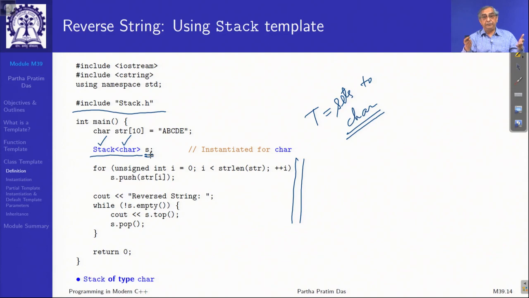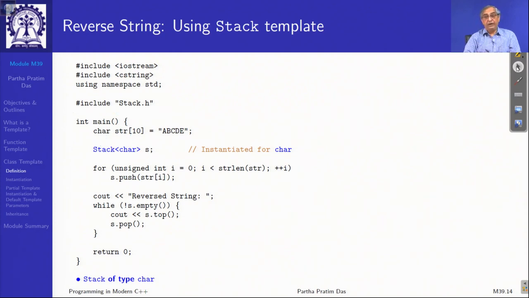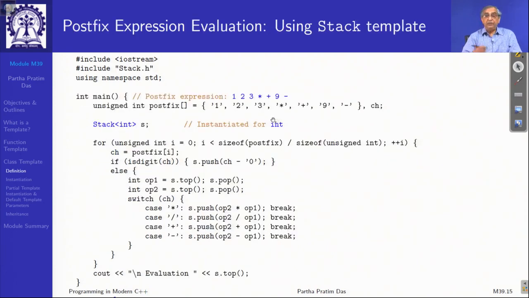The same code that would have happened if I had explicitly written a stack of character, I am writing the same code as an application. So, this makes it really convenient to reuse the stack template code. In a different context, I am instantiating the same stack template code using int. So, T now is replaced by int in the whole of the stack definition,